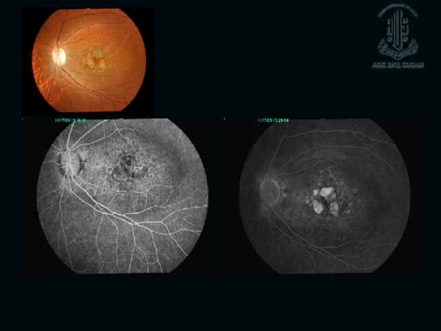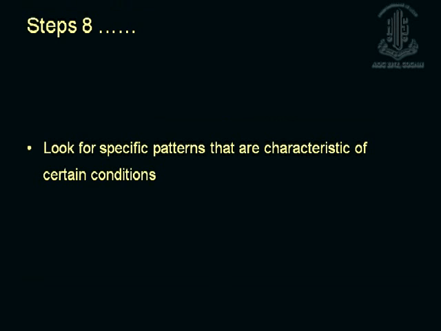So because the choriocapillaris is not there, you have a relative hypofluorescence in the earlier phases. And in the later phases, because both your RPE and choriocapillaris are missing, the sclera, which normally stains, shows up. So what you're seeing is scleral staining through that defect. Whereas in the other areas, you have just the atrophy of the RPE. The choriocapillaris is still intact. So you have an increase in early hyperfluorescence here, which fades away in the later phases. This way you can come to a conclusion as to what are the possible layers affected in the fluorescein angiogram. Look for any specific patterns.